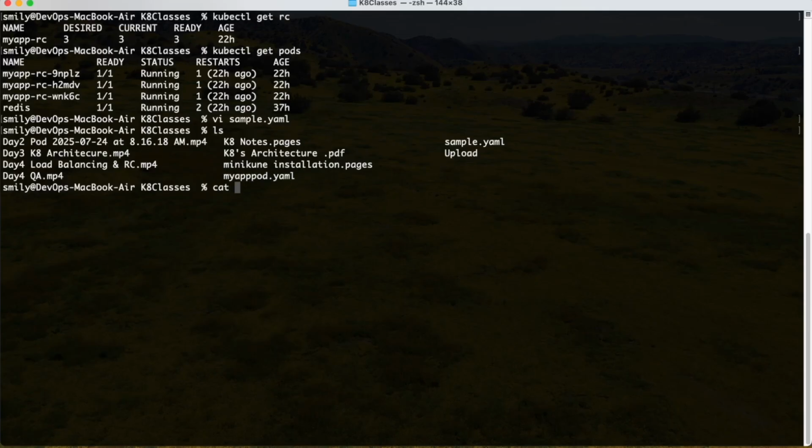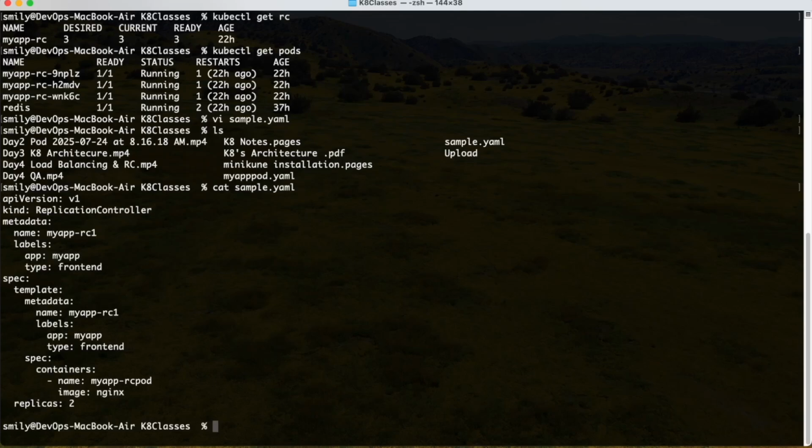You can verify the syntaxes in the sample.yaml file. API version v1, kind is ReplicationController, metadata name myapp-rc1, front end, 2 replicas. Now you can try to create it with kubectl create -f